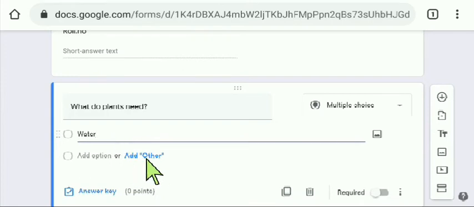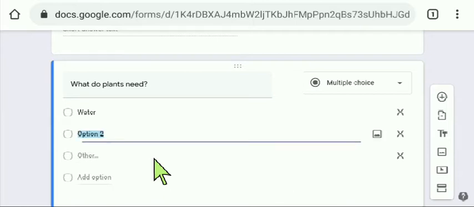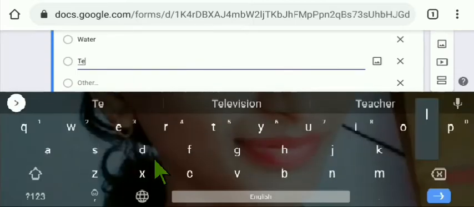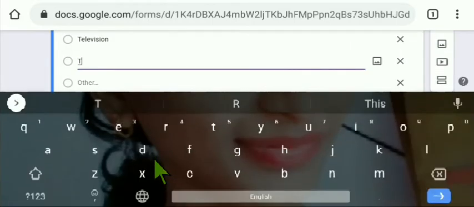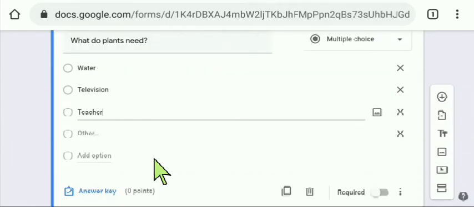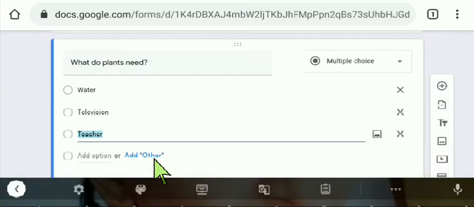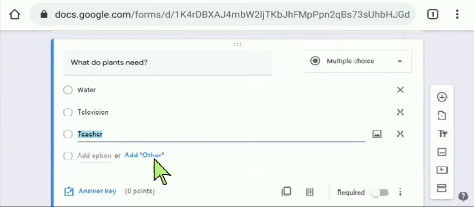For more options, click on add other, television, and the third option is teacher. Yeah, in this way I have prepared a question and I have given 3 options.